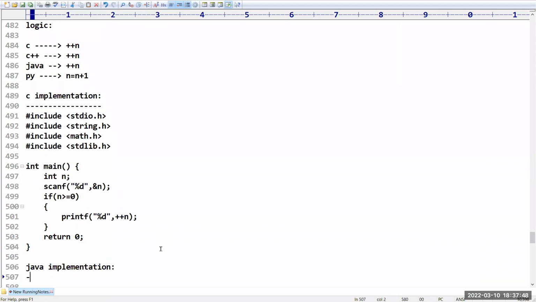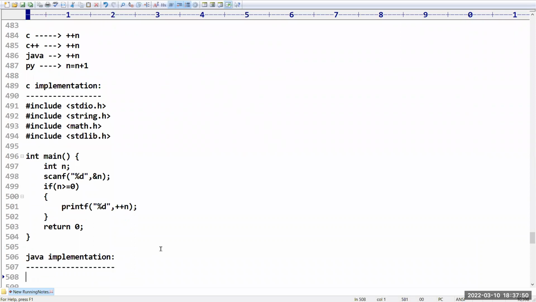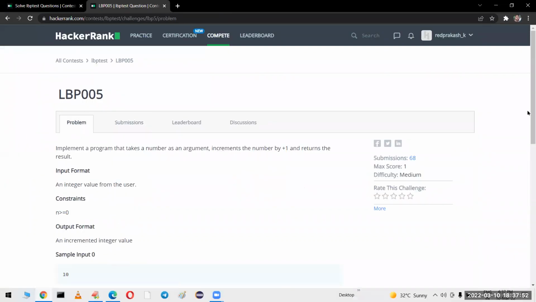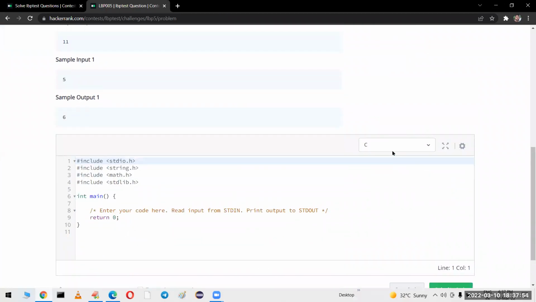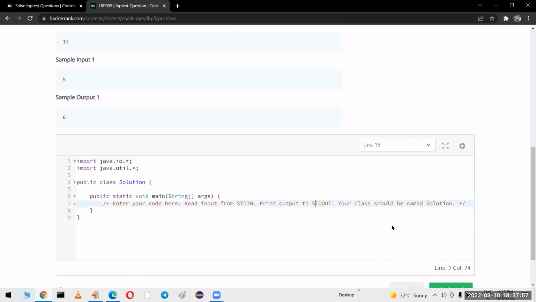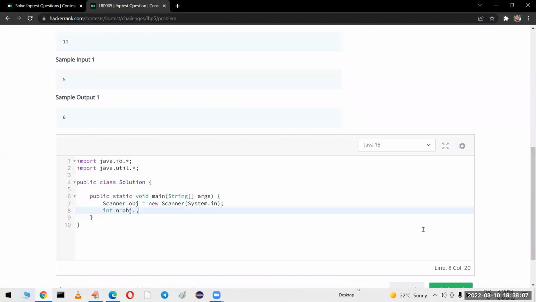I want to go for Java implementation. Sir, how can you implement it in Java? Let me have a look once. Scanner obj is equal to, I'm taking new Scanner of System.in. Integer n is equal to, sir, I'm taking obj.nextInt. So we have to verify, is it greater than or equal to 0?